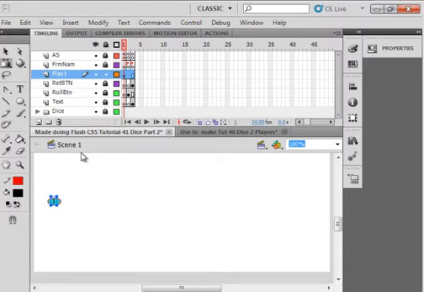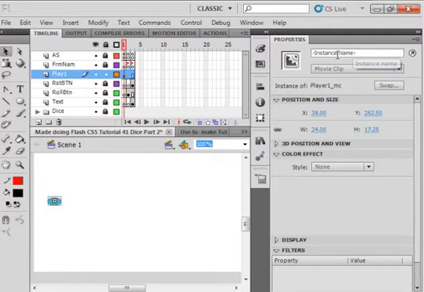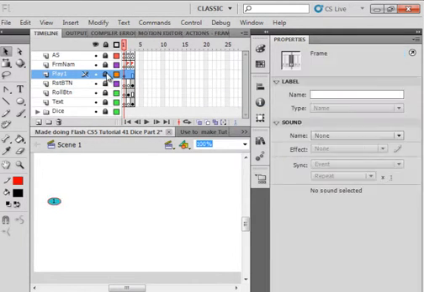To put it down there. That's player 1. Make sure you highlight the whole thing again. Modify, convert it to a symbol. Make sure it's movie clip, and PLAYER1_MC. We already wrote the code for this. Copy that name, right click, copy it, so that we can paste it and use it as an instance name right here. Lock that layer, open up another layer, do the same thing,